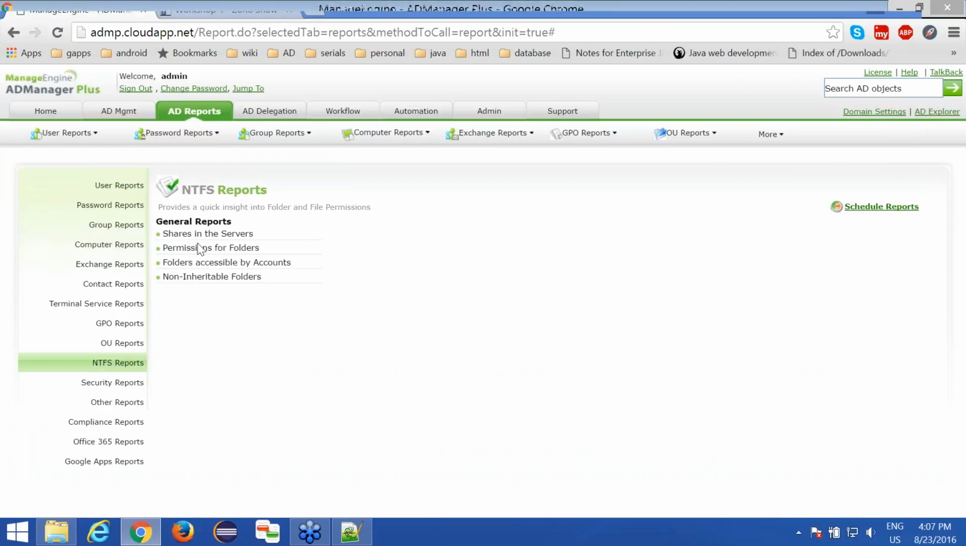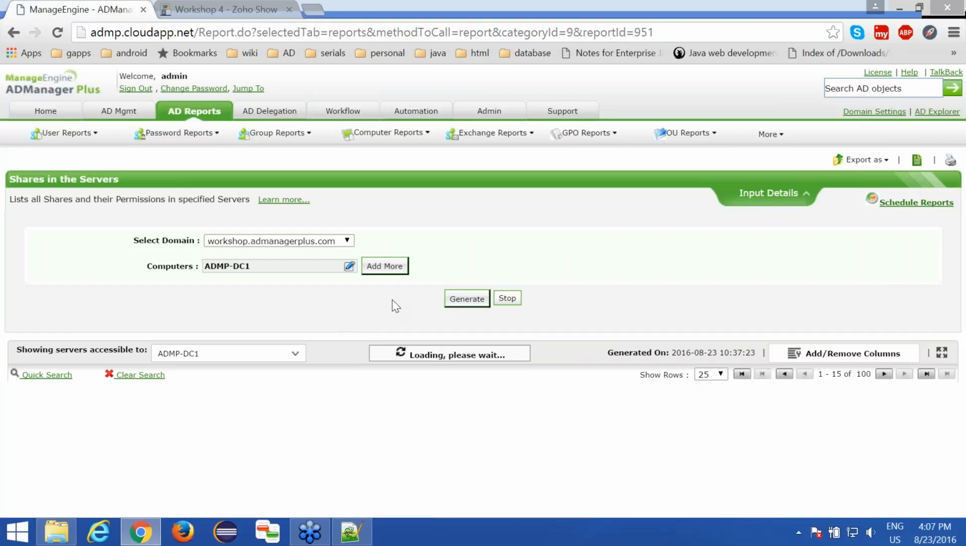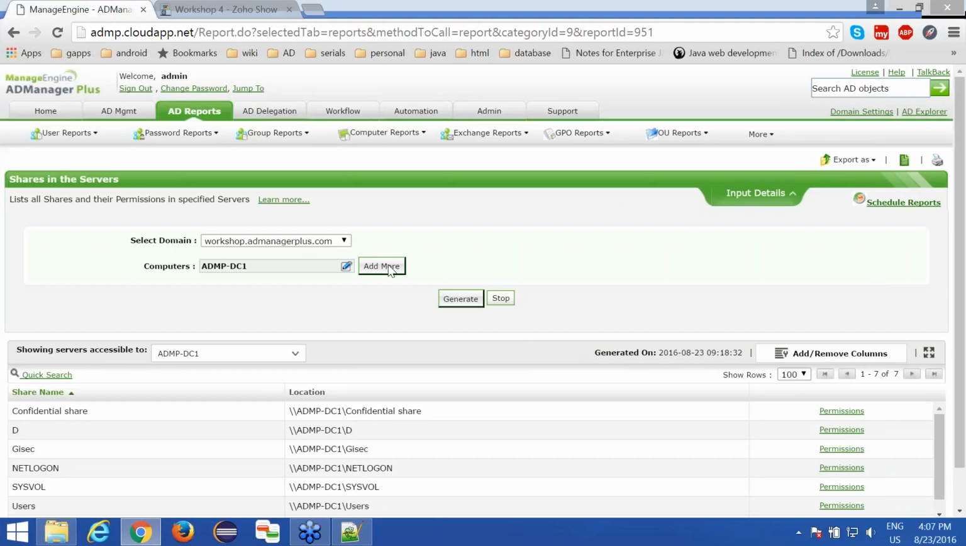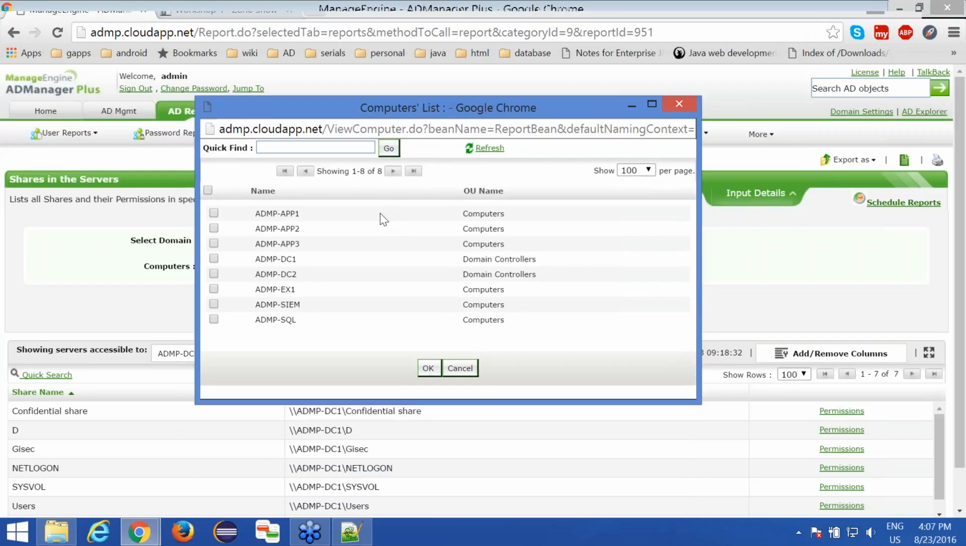So this is where you can see an option to choose shares in the servers. This will list all shares and their permissions in a particular computer. Let me select a computer, for which you need to click this button, add more. This is where you can select the computers. So let me select ADDC1. If you want to select more computers, more servers, then you can select that as well, and then hit OK